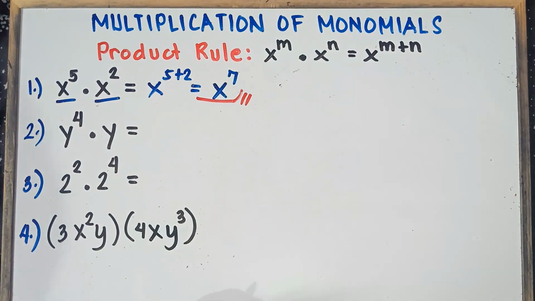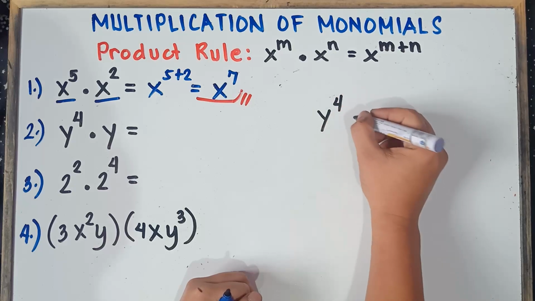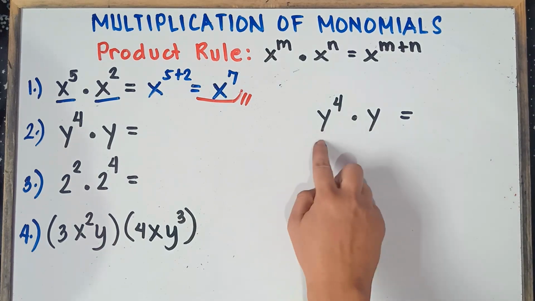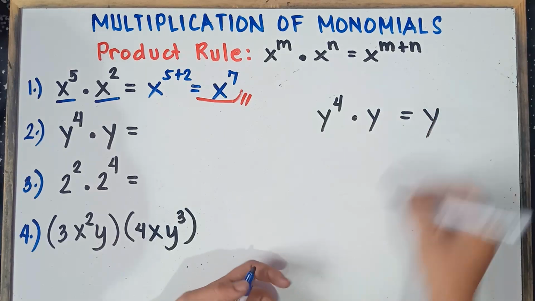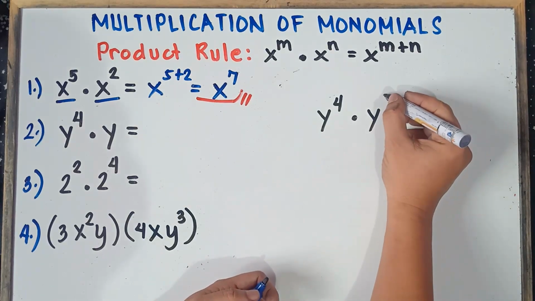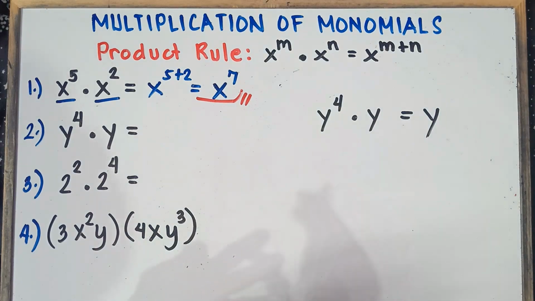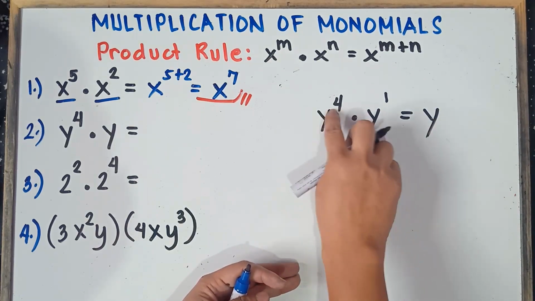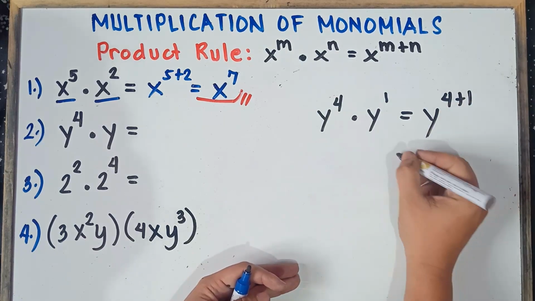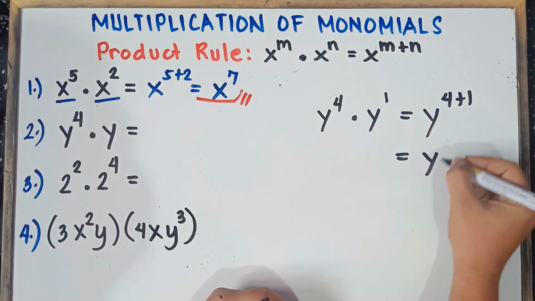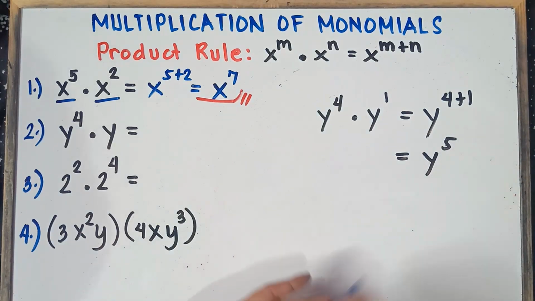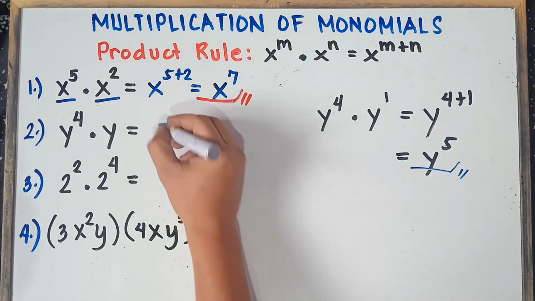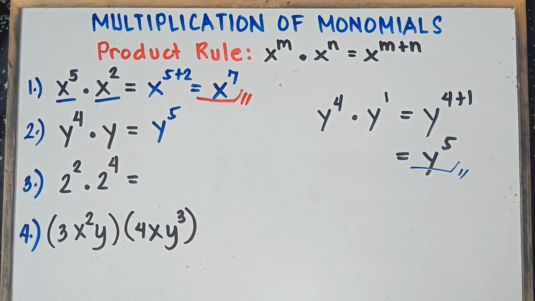Alright, so let's have example number 2. So we have y raised to the power of 4 times y. So question, do they have the same base? Yup, same y. So once again, class, same variable, that would be y. Simply copy the base and then simply add the exponent. So understood that there's 1 here. Once again, class, if you didn't see any exponent for the variable, understood that there's 1 here. So copy y and then add the exponent. So there would be 4 plus 1. Therefore, our answer would be y raised to the power of 5. That's it, class. That's the answer with regards to example number 2. Very easy, right? So this will be y raised to the power of 5. All set for number 2.